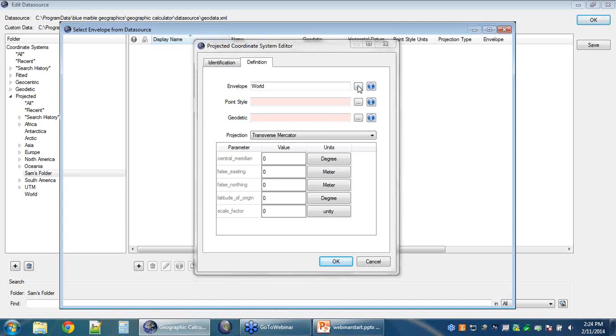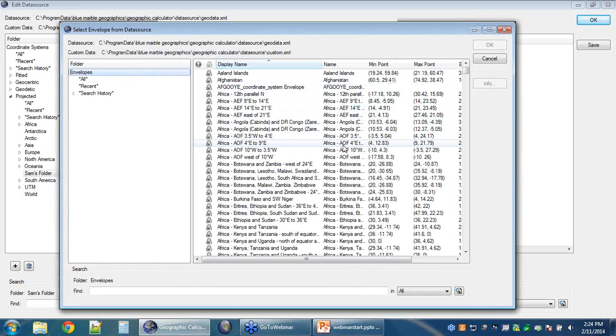What this does is it allows us to define exactly where on the planet a particular coordinate system or a particular transformation is valid. So in the list that we have to choose from, we have a number of areas of use here that we can define for the projection we're dealing with. If you actually want to create a custom envelope, you can also do that. So all of these are just simply stock definitions. There's nothing particularly special about them. They just simply define where on the planet a particular system is